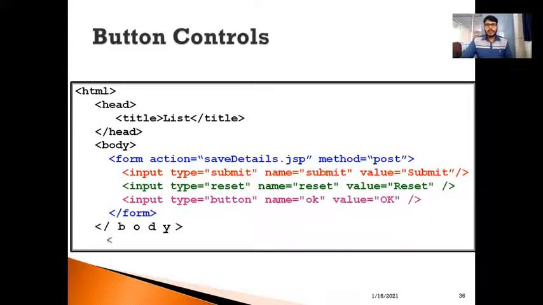some clickable buttons. Okay. So as you can see here, to create a submit button, we have to use type as submit here, and the value we need to set as submit here. Similarly, to create a reset button, we have to use type as reset, and the value I can specify is reset only. And to create a normal clickable button, the type I need to specify is button here, and the value, whatever I can specify. I can specify either OK, or else I can specify some other value.